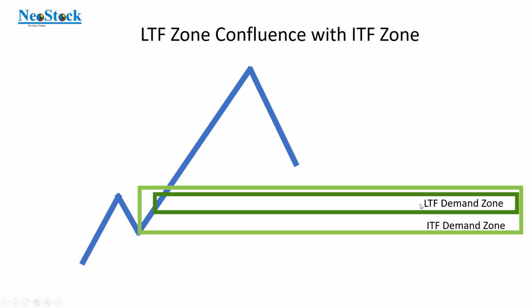So we have an LTF zone. It might be inside, or it might be overlapped with the proximal line, or it might be overlapped with the distal line, whatever it is. The zone confluence will be there. In such a situation, the success rate is very high. Taking the trade from this overlapped LTF demand zone will give you a good success rate